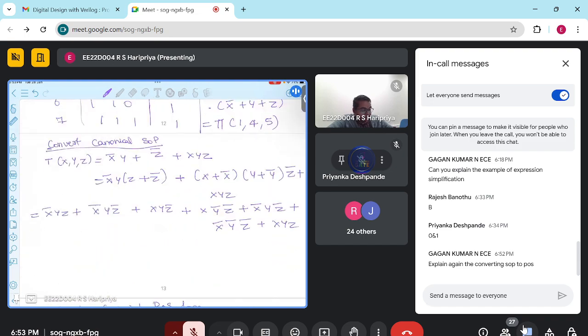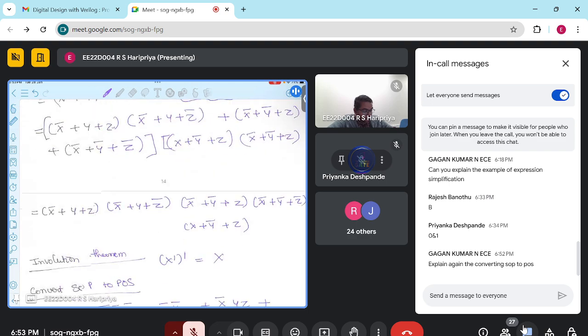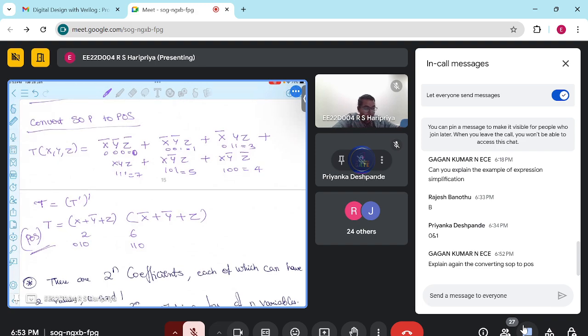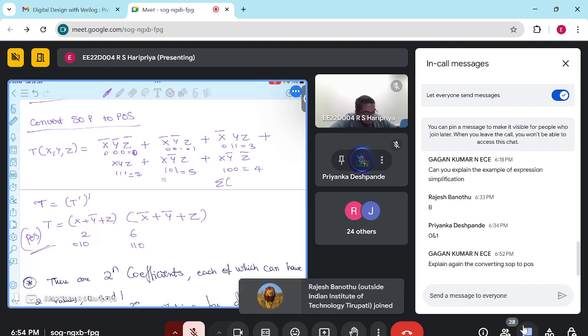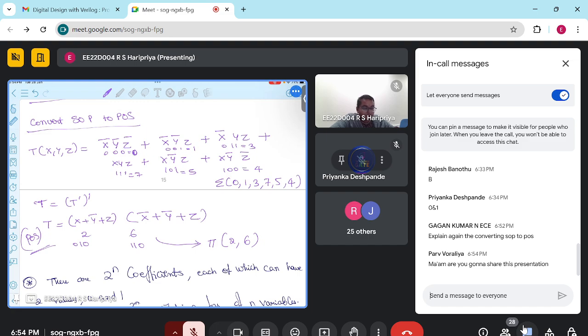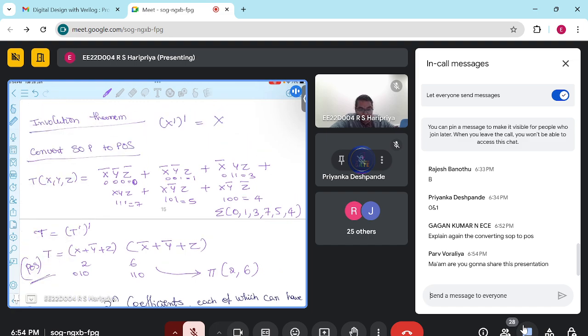Now coming to the expression which we solved as an example, converting. So this consists of the min terms summation 0 1 3 7 5 and 4. So the min terms left uncovered in this are 2 and 6, which will be in the POS form, and this is obtained because